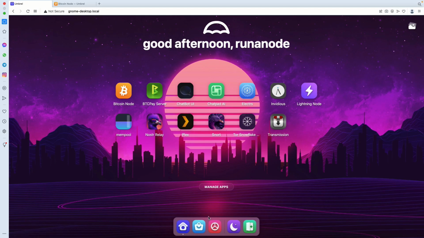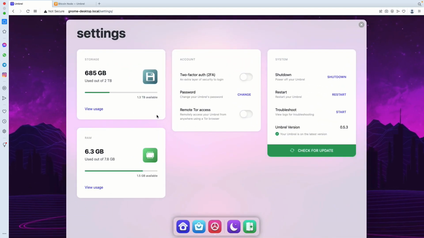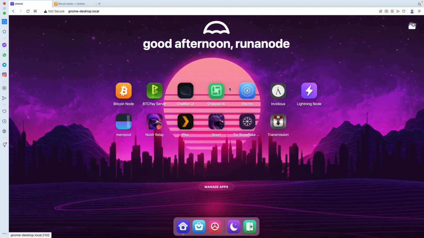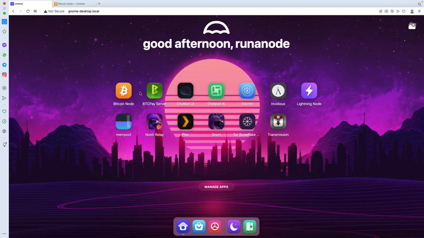But because I use it also as a media center or home NAS, let's say, I also installed a 2 terabyte NVMe drive. That's why the Odroid board is nice. But of course, 685 is already taken. So let's say you need to calculate 100 for the minimum, 50 for the Umbrel OS